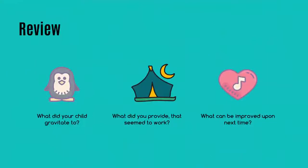And then what worked? So find what your child gravitated to in that moment of need. Maybe it was a soft blanket or their weighted blanket. Maybe it was a noise-making toy or a toy that had bright lights or calming lights. Maybe they picked a favorite toy. Maybe they really chose that safe space. What were some things that you provided that seemed to work? Maybe your child went to you and was looking for deep pressure in the form of hugs or squeezes. Maybe they wanted you to get their favorite blanket and put on their favorite movie. Maybe they wanted you in there with them during their safe